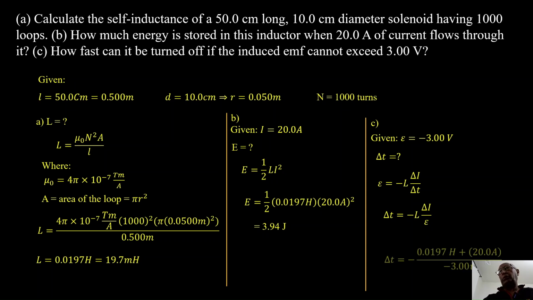Just plug in the numbers. Negative 0.0197 Henry for the inductance, 20.0 amp current, divided by negative 3.00 volt, which is the induced voltage, and that yields